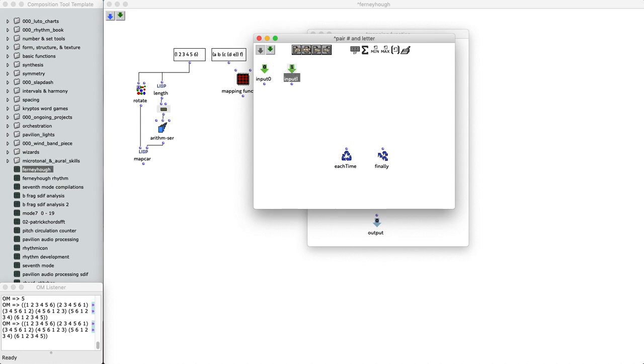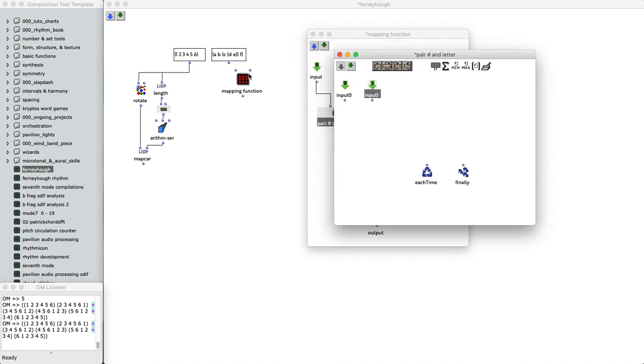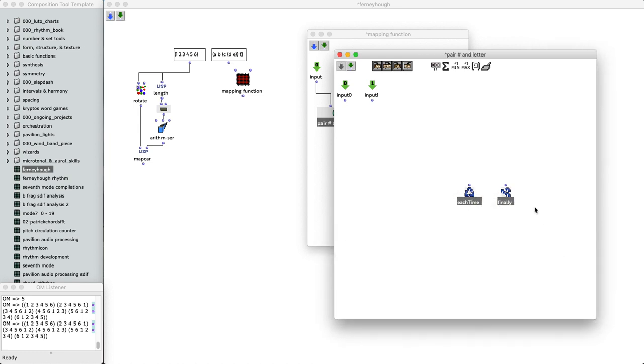And so what we want to do is, whatever the first letter is, whatever the first number is, we want to pair these together and make a new list of the pairs of these 2 lists. And this actually is something where there's probably a specialized function. I think I've used one in the past, a specialized function that can actually do this more quickly. But for now, I'm just going to go ahead and make this